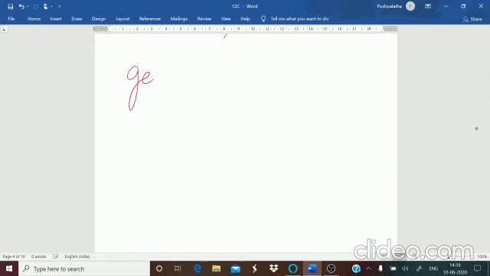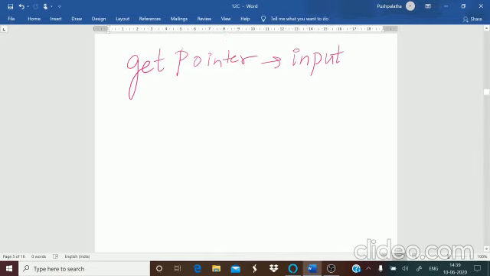In the same way, you have your get pointer also. This is also known as your input pointer. It points to a position from which you can read the data. Again, it automatically depends upon the type of mode which you use with the open function.